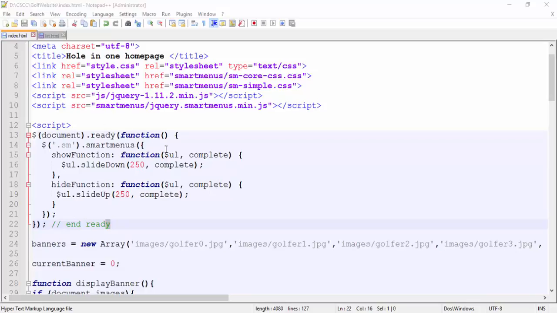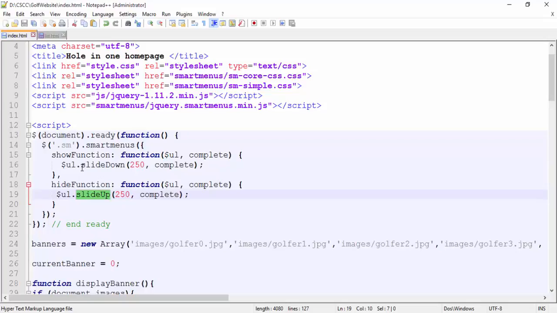Now, another thing that you can take a look at here as well, once you start looking at some of these, because there are so many different pre-programmed settings this plugin has. Show function is one of them, hide function is another. But as you see here where it says slide down and slide up, this is just a simple jQuery method that's added. Now you can actually replace it with other methods such as fade in